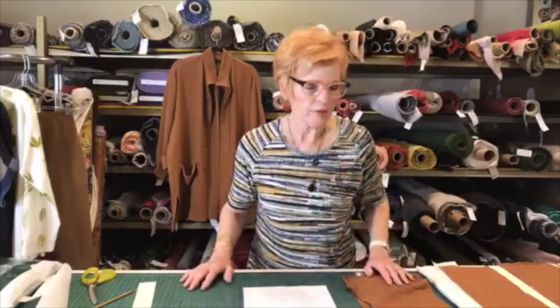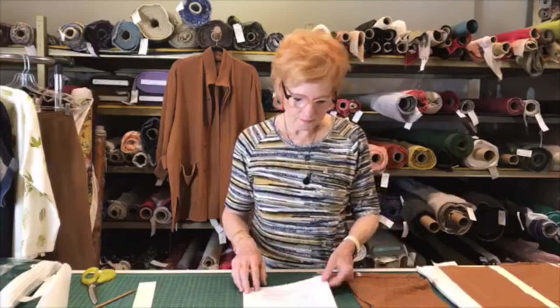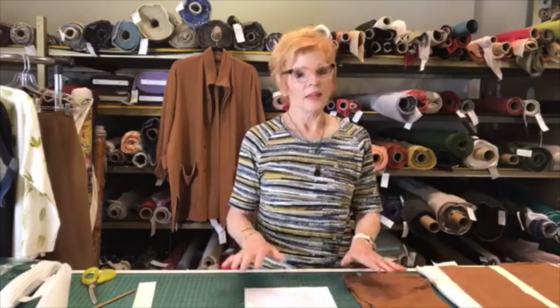And I didn't really keep track of how much it shrunk, and I don't think it really shrunk a lot in length, but it certainly did in width. So whenever you're talking about this sort of fabric, you probably want to add maybe a half a yard to your order or your purchase, just to make sure that you have enough fabric. Then I did what I always do and what I tell people to always do, and that is to make